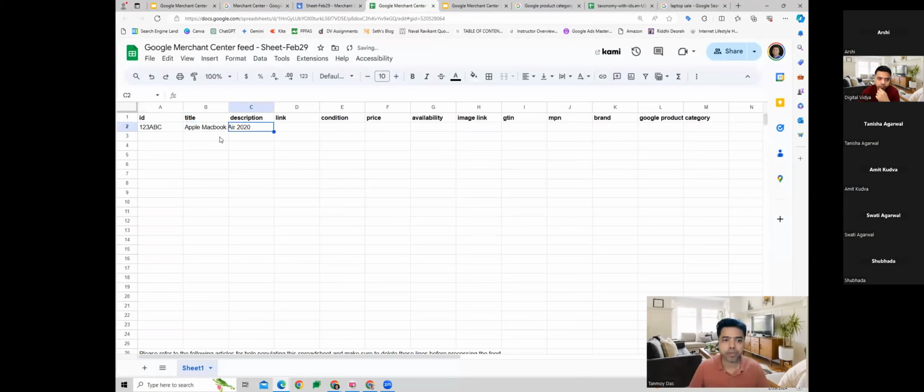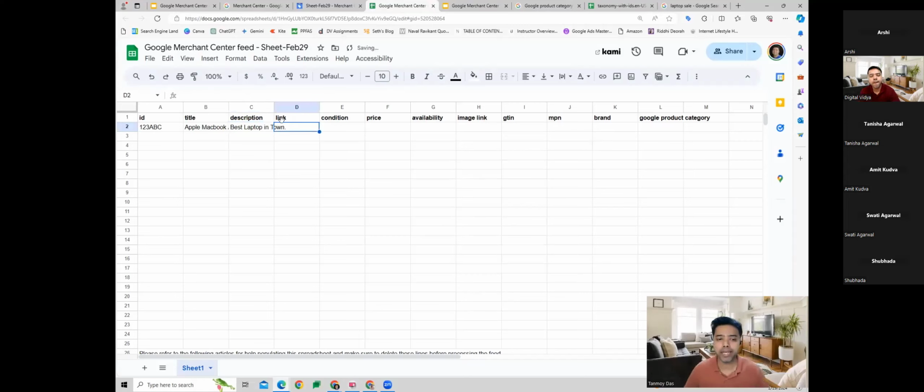We can give a description of this product as well, which will come up in the ad. These are all the details which we have to fill in, which will be used by Google to build our shopping ad. So these are all the details you will have to provide at the backend. So let's say this is the description for now.